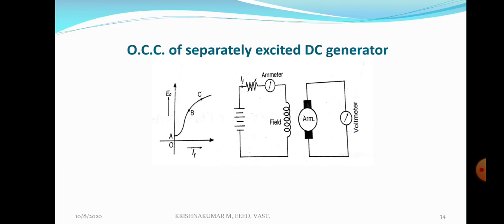removal of magnetizing force. After that, from point A to B, the EMF is slowly increasing. Up to B, the curve is almost linear. What is the reason for this linear curve up to B? The reason is, during this period the field current is very low, which means flux is very low.